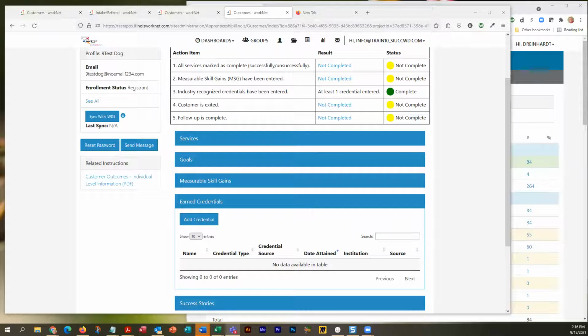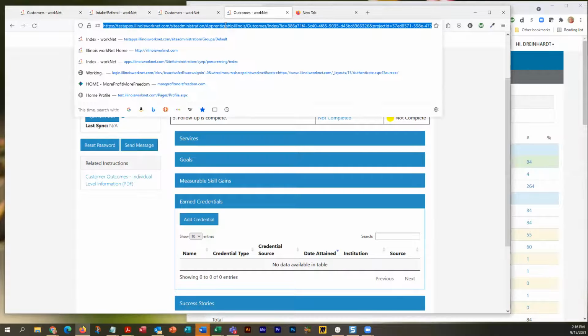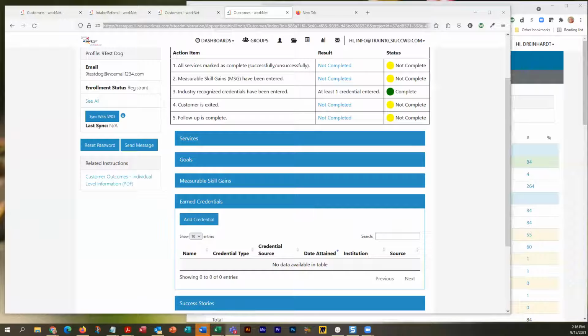In the interim, if you can just continue adding it to the outcomes page, that would be super duper. But I'm hoping that it automatically will transfer for you.